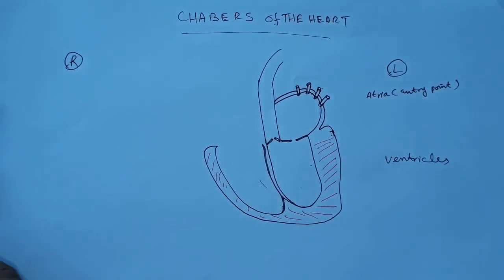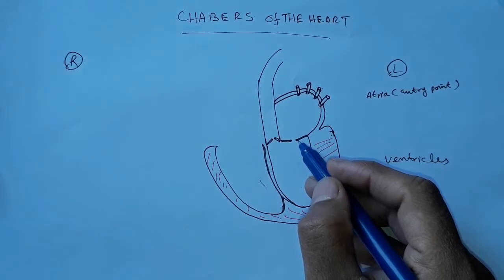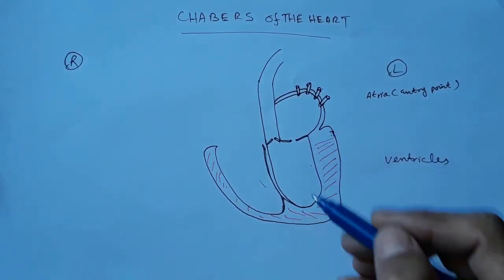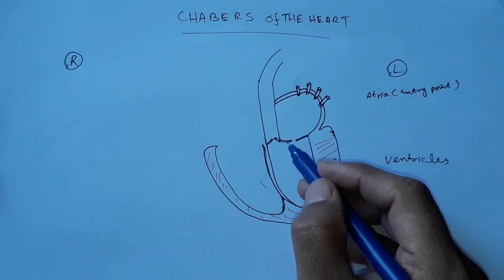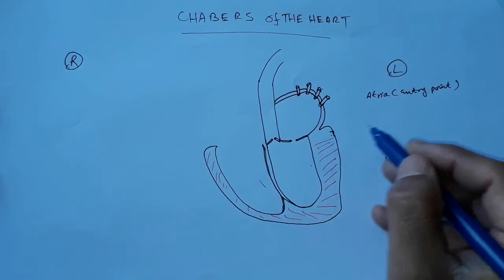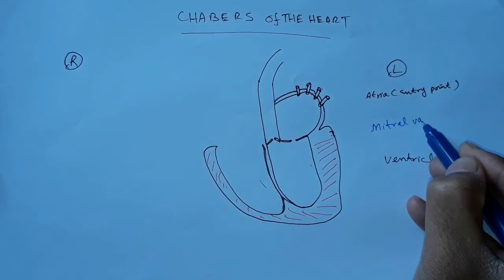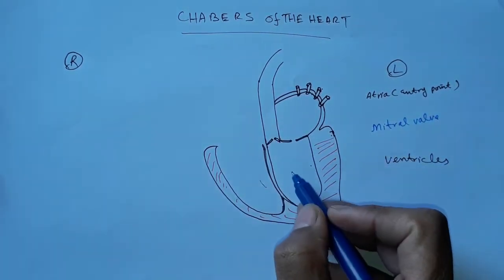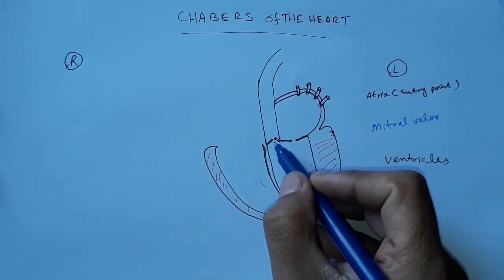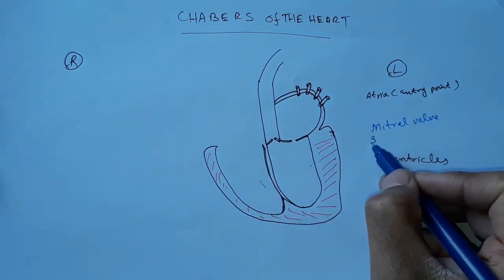So let us look once again at this valve. This valve, which is between the left atria and left ventricle, is called the bicuspid valve because it has 2 cusps or flaps, and it is also called mitral valve. And the valve between the left ventricle and the aorta is also a tricuspid valve, but it is called aortic valve or a semi-lunar valve